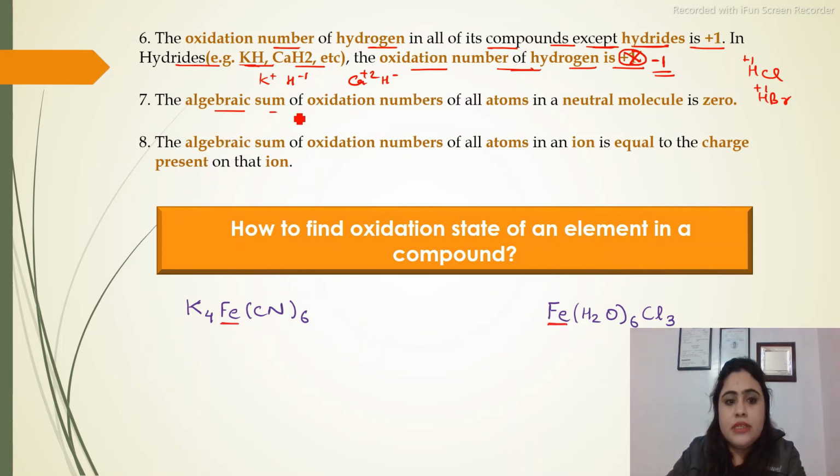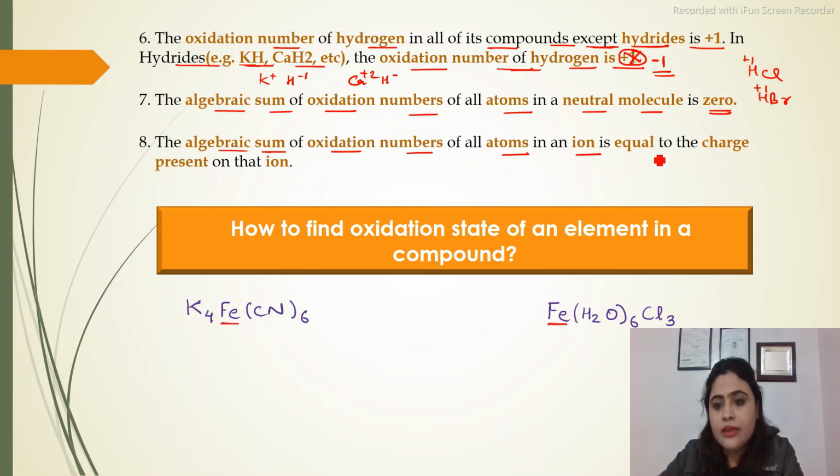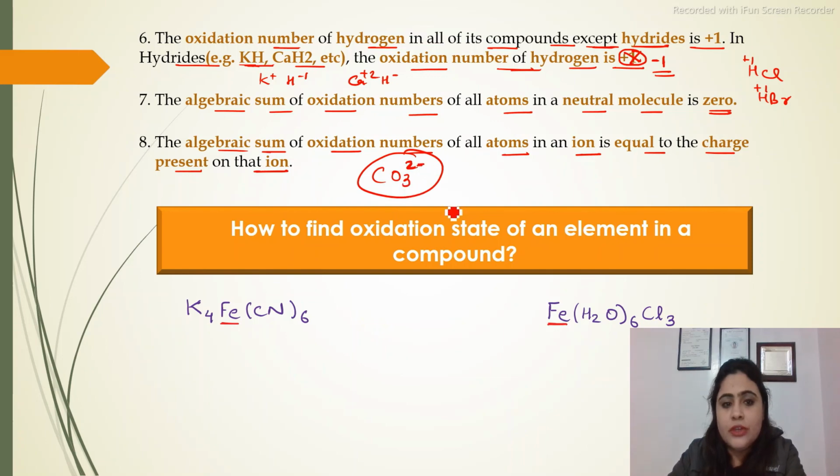Now the algebraic sum of oxidation numbers of all atoms in a neutral molecule is 0. The algebraic sum of oxidation numbers of all atoms in an ion is equal to the charge present on that ion. Okay, suppose carbonate, the overall charge is 2-, so the oxidation state of this ion will be 2-. And suppose in a neutral molecule, if I am talking about H2SO4, so the sum of oxidation numbers of all the atoms: hydrogen is having +1, so it's 2 atoms, so I will multiply with 2. Sulfur, suppose here it is having